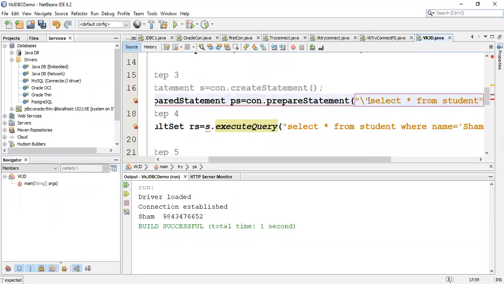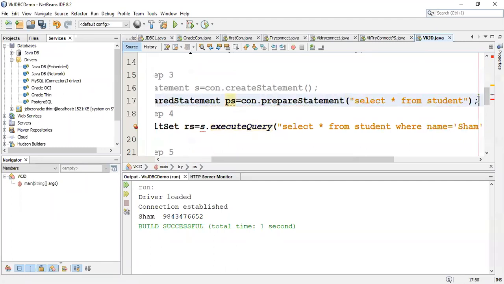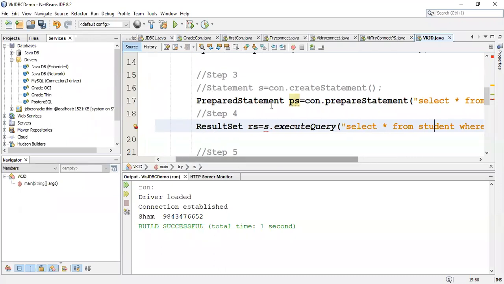But there is additional work which prepared statement can do, which your statement object will not be able to do. So now I have just taken select star from student here, at the time of object creation only. This is one difference in prepared statement, that the moment I create the prepared statement object, it asks me to give the query.